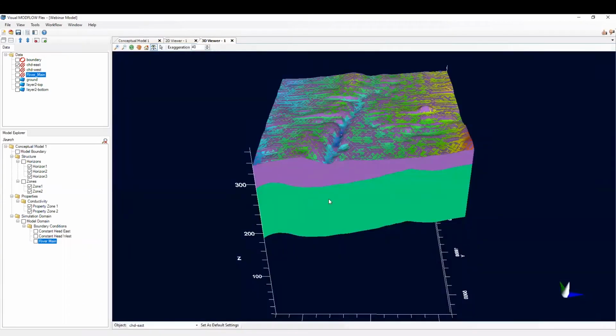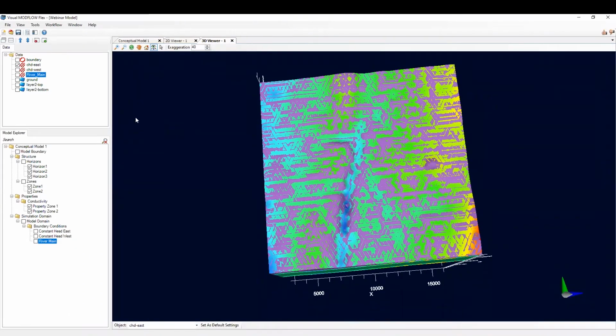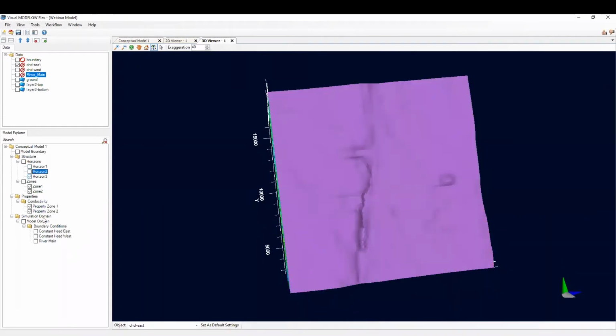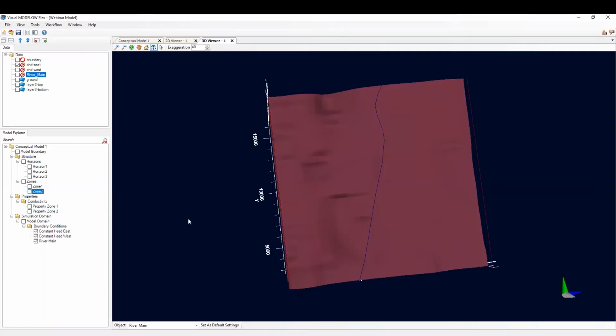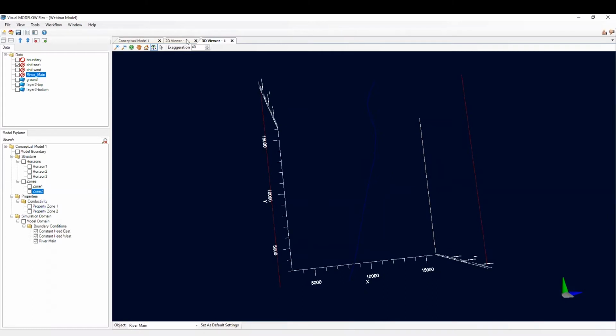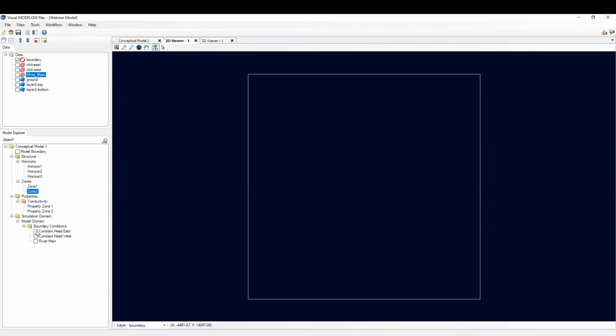So if we go to our 3D viewer, let's just take those horizons from there, and we want to see our boundary conditions. Okay, maybe 3D is not the best way to look at that, but let's look at 2D then. Then we have a constant head on the east, constant head on the west, and a river cutting through the